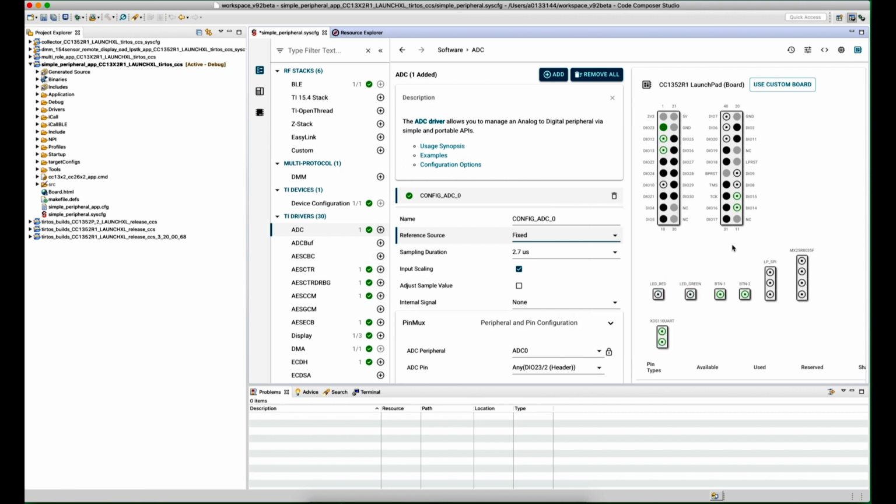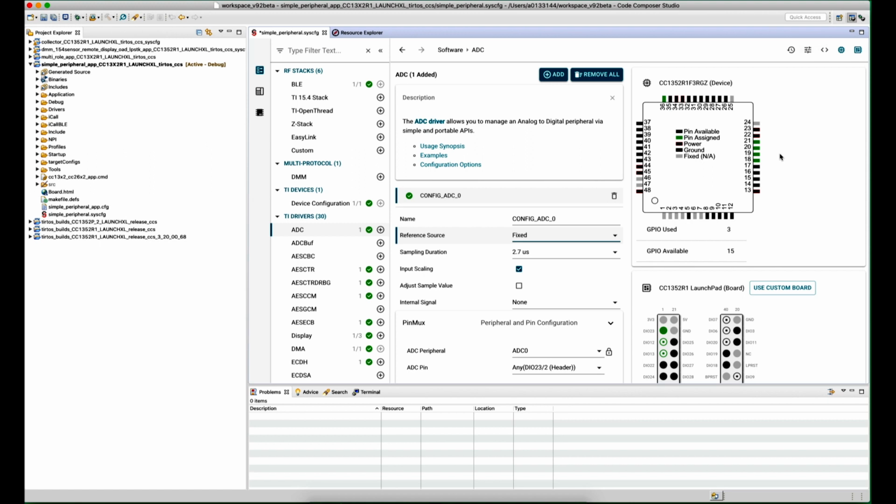So as you add more and more features here on the left pane, more and more of these pins will start to be consumed by your software. And this gives you a good bird's eye view of what's being used, what's available, still at your disposal, so on and so forth. If you wanted to migrate away from a Launchpad, we also have a pin view. And this gives you more of a device-centric view, so you have an idea of what pins are still available, and you can route that to whatever hardware resource you want in your own custom hardware design.